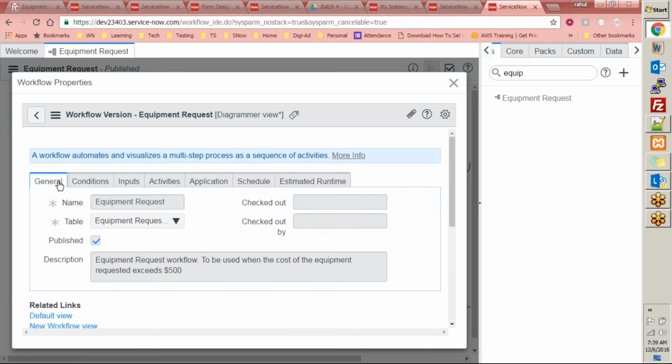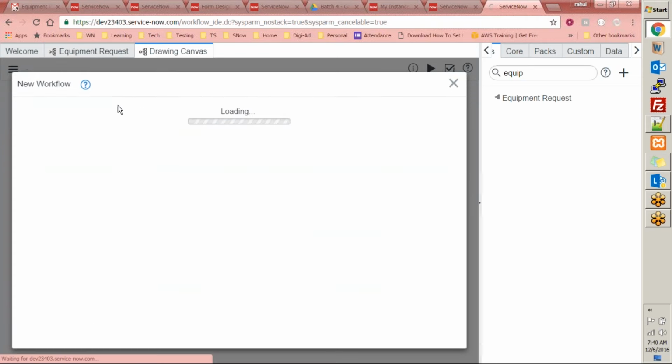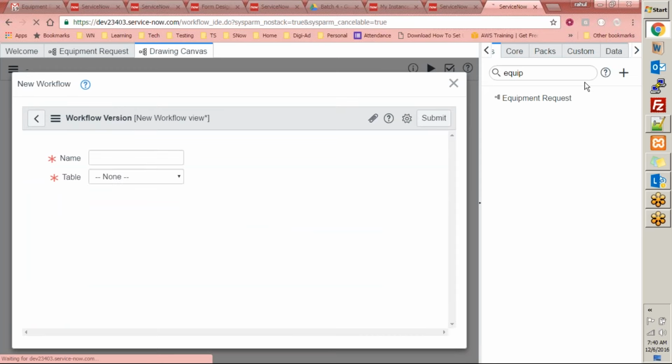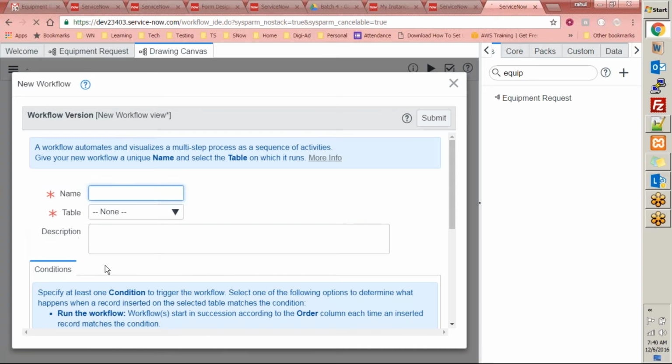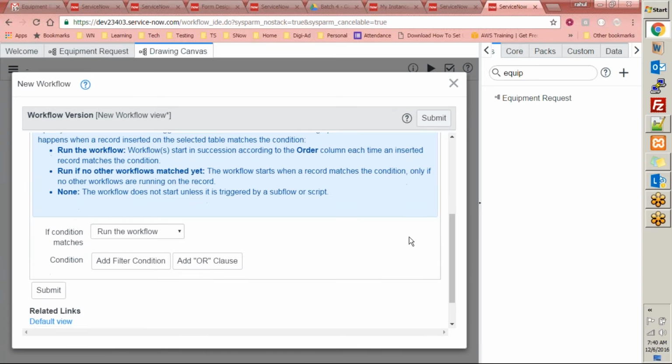Yeah, that is always okay. So where is the always condition? Always is not a condition. You do not have to put any condition. So if I create this workflow and leave this condition field blank,